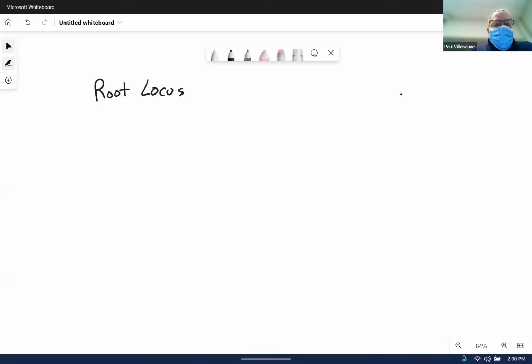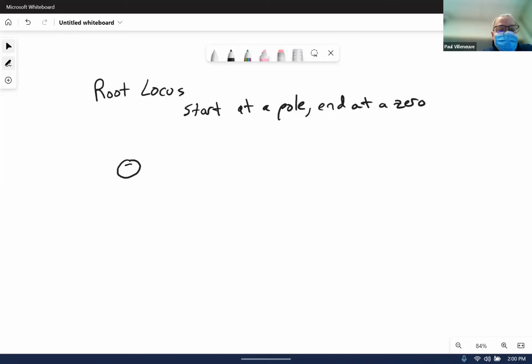And if you recall from last semester, I had this mantra. I said, you start at a pole and end at a zero. And we'll see why that's significant, because we'll look at our typical, very simple block diagram where we have an